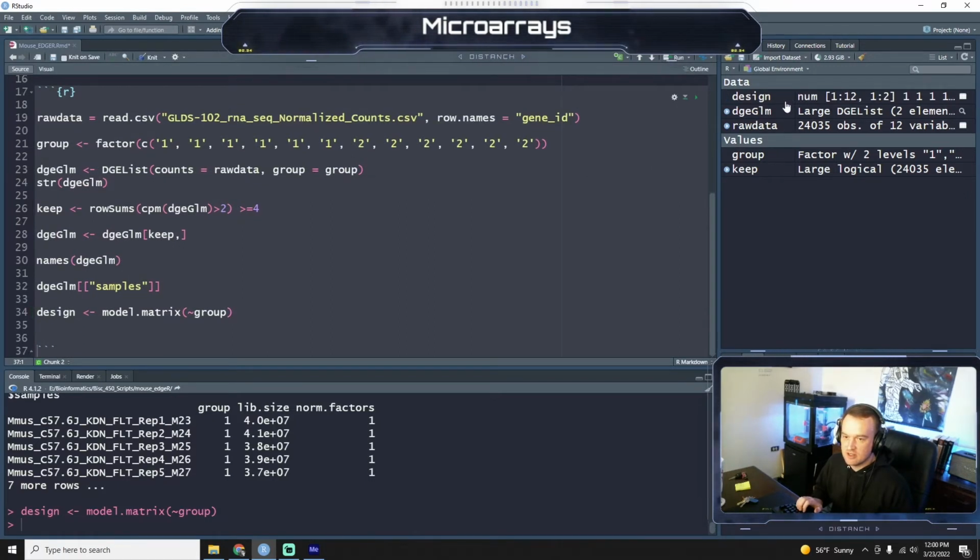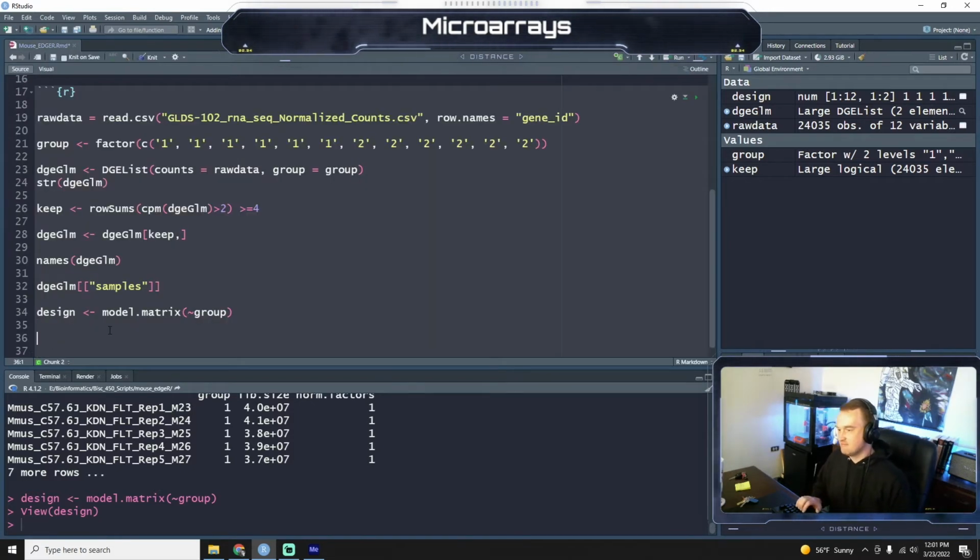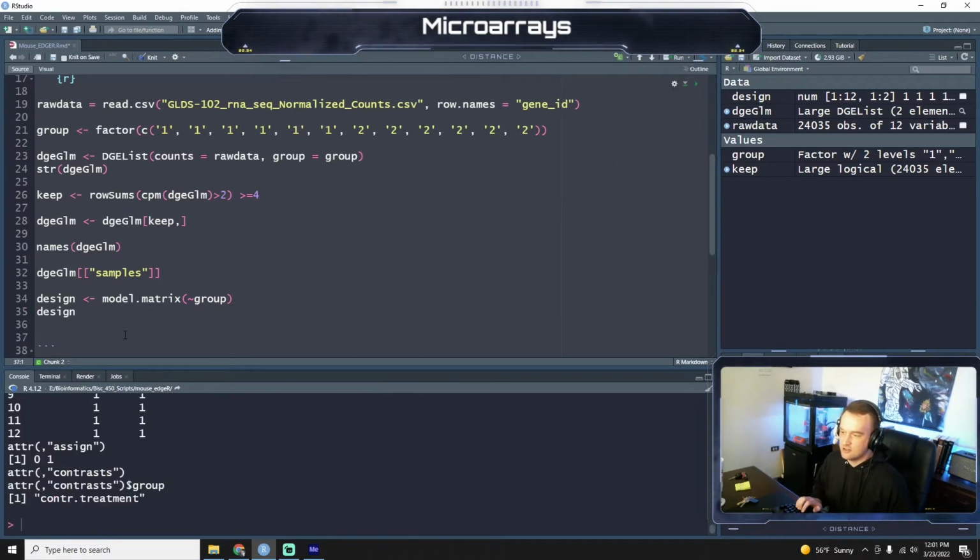So now we have design. As you can see here, as we did before, if you are group 1, you're a 1 and a 0. If you're group 2, you're a 1 and a 1. It's just the way that EdgeR reads it. So we'll put this in your code to actually look at it instead of clicking on it. Okay. So let's do DGE GLM